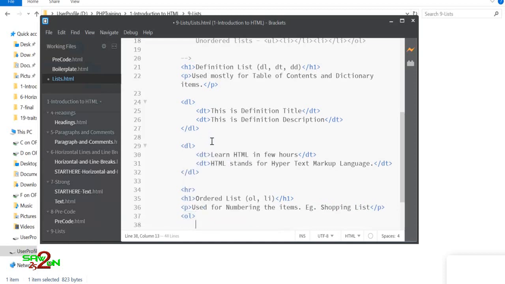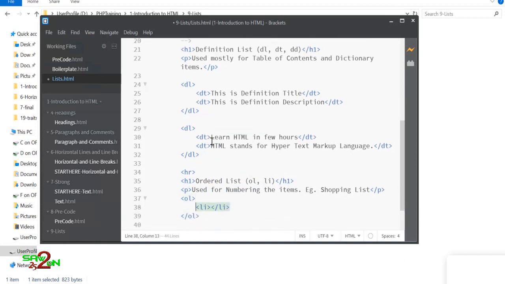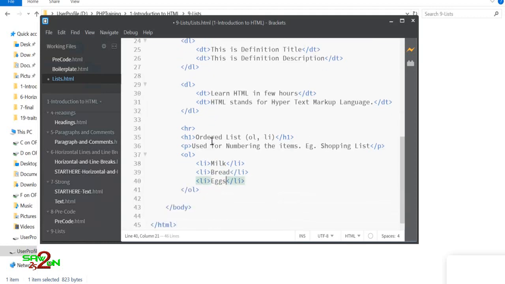So let's write the LI items. Under OL, O stands for ordered, you can have n number of LIs. Imagine you are writing a shopping list, then you can write milk, bread and eggs, and that will be displayed with numbers. So you'll have number 1 here, number 2 here, number 3 here.